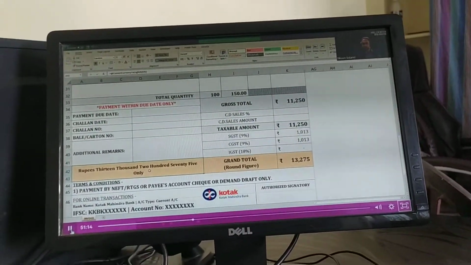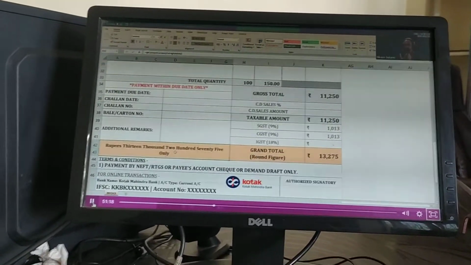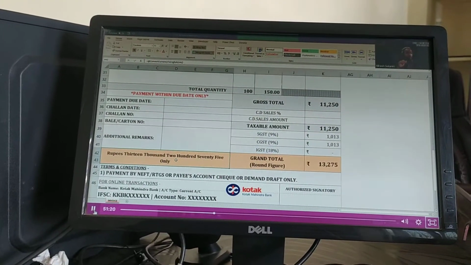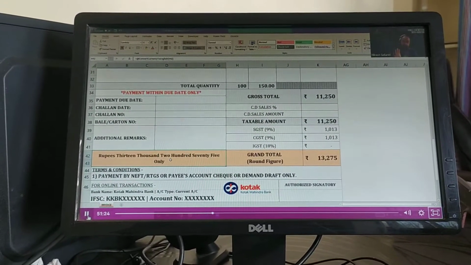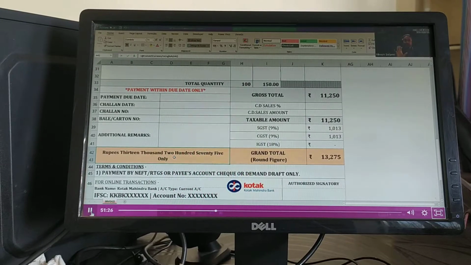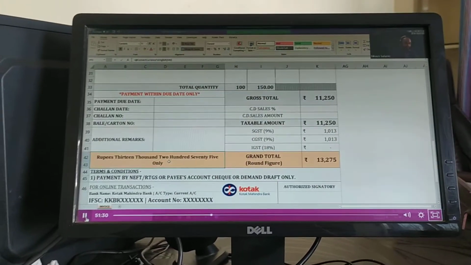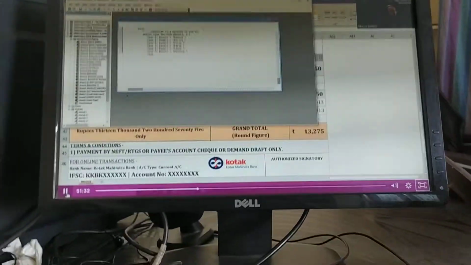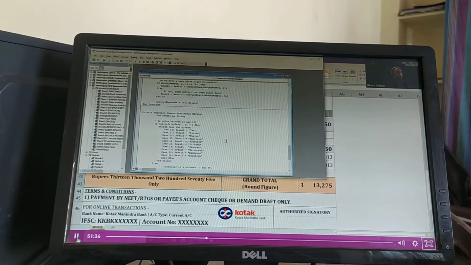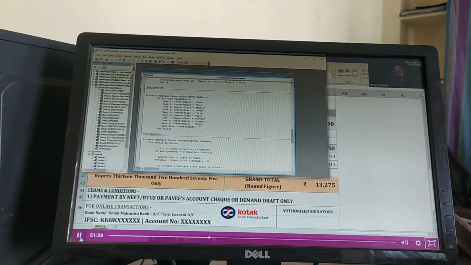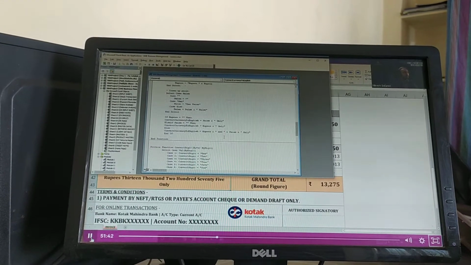It's called a VBA code, Visual Basic Coding. Behind this, we have written a lot of code. If I just show you how the code looks, you will get confused. I'll show it to you, but this is not relevant at this stage for any of you. So I'll just click and show you. This is the code that I've written in the backend. This is a live invoice. I've created it for someone. People are using this invoice.